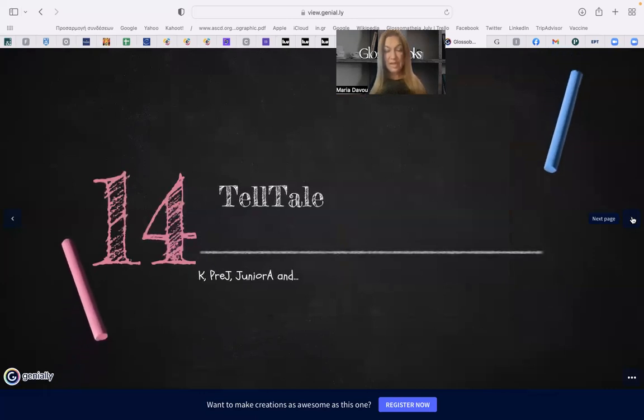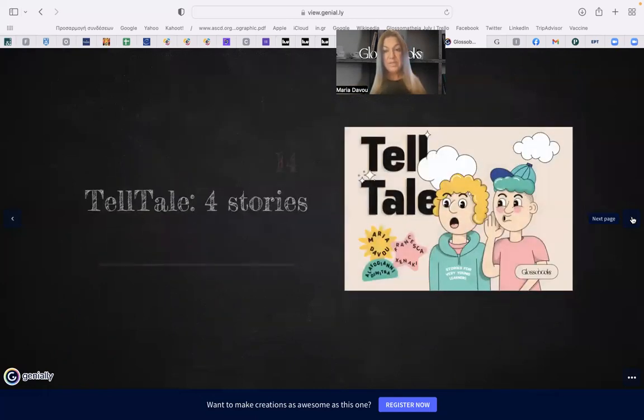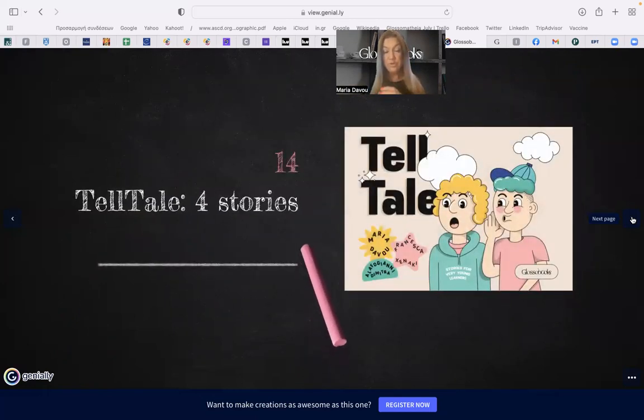14th book is Telltale for kindergarten, pre-junior, junior A, and anything you want. You can even use it with junior B. Telltale is storytelling. It's got 4 stories, but here the difference is that all the tasks the students do are not literacy-based, so they do not have to read or write anything. They listen, they speak, they draw, they act out, they dance, they learn a lot of vocabulary and chunks,